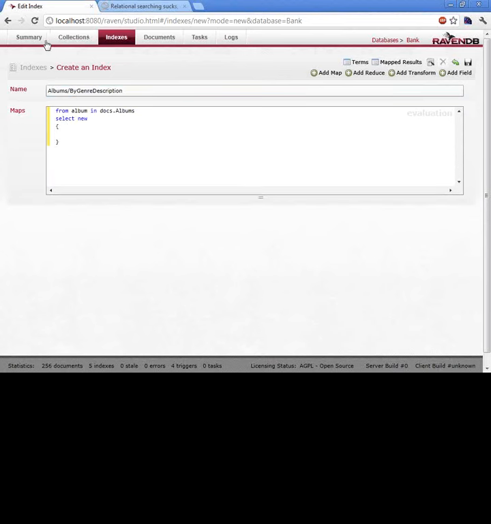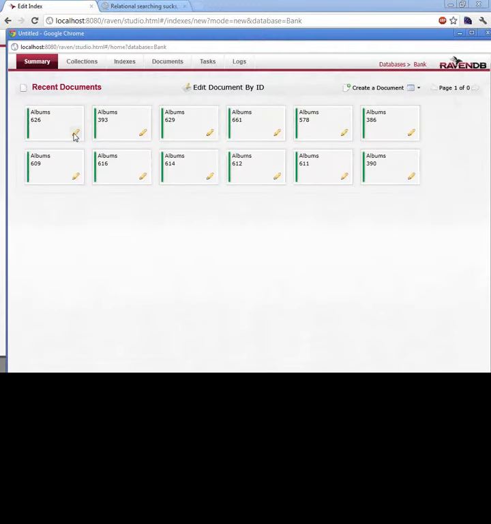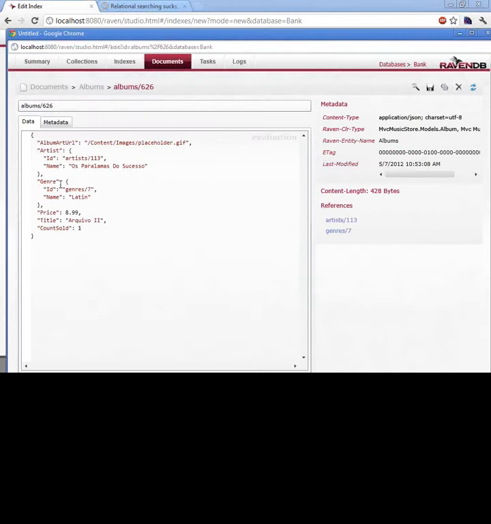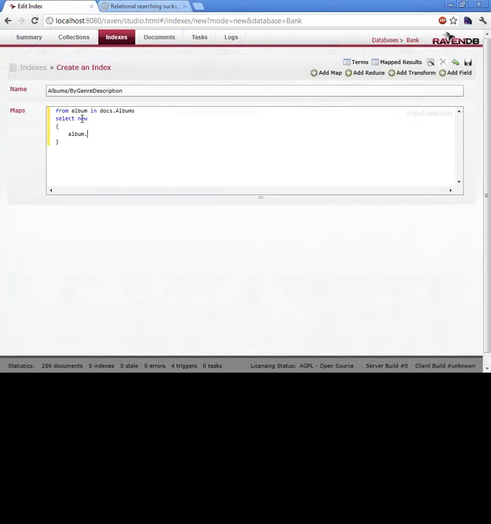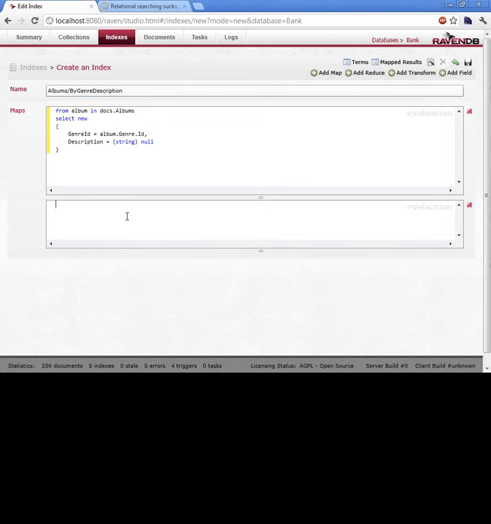One second, I need to actually look at this. Okay, I'm outputting this one, and then I'm going to do another map for